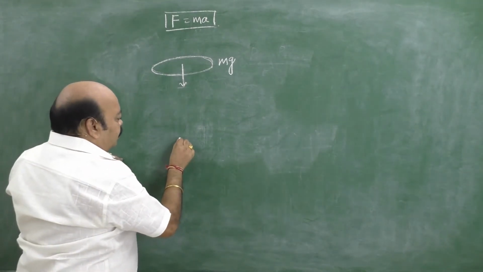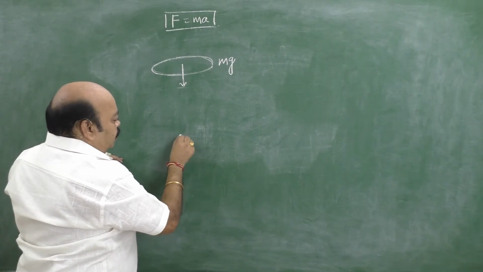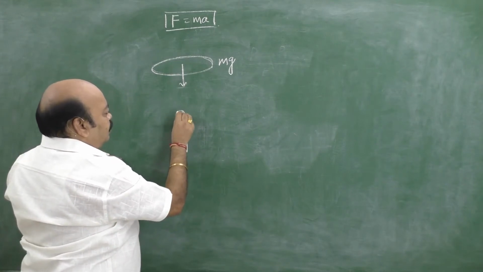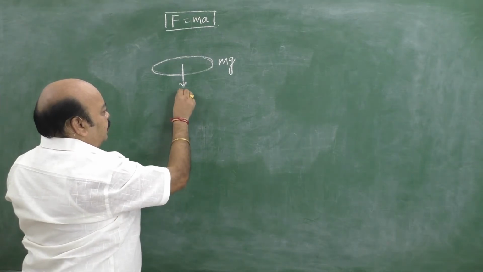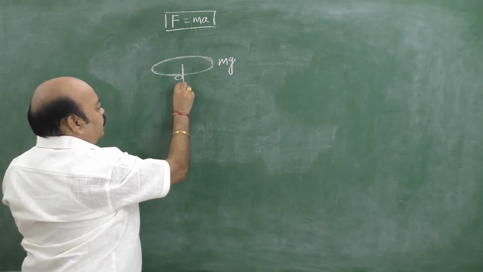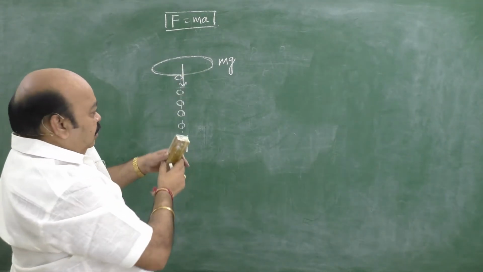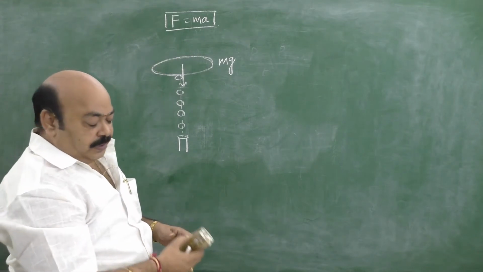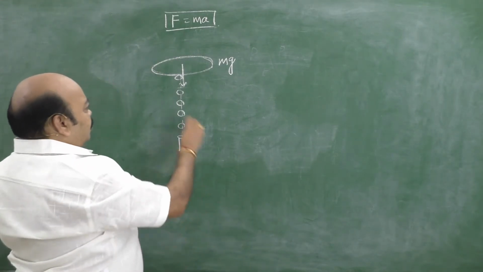For this, what we are doing? Simply we are throwing metal spheres vertically upwards, identical metal spheres, each of mass m. They strike the plate in mid-air. They are moving in the upward direction. That's why this plate does not fall down. See here, the technique is, what is the downward force acting?